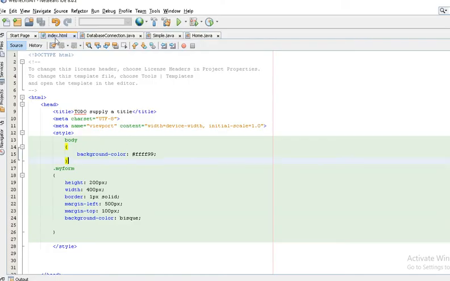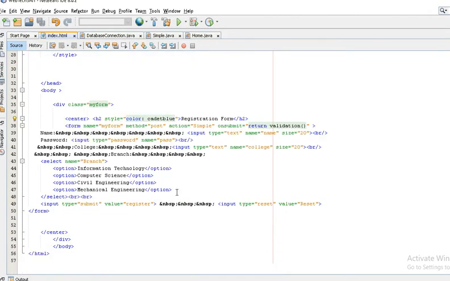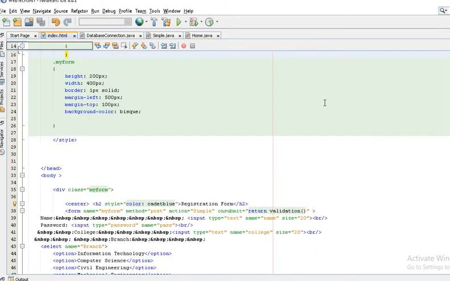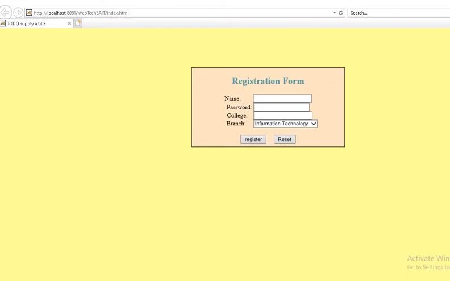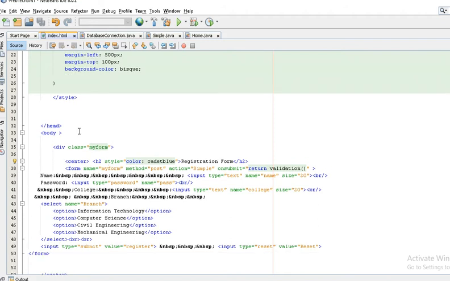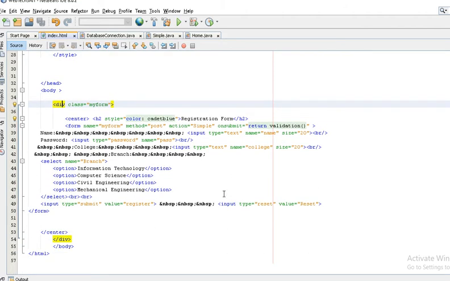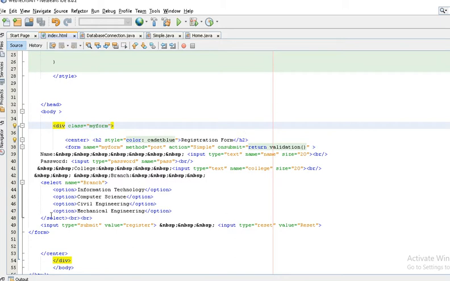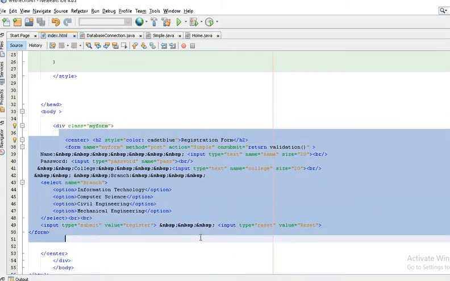This is my index.html page. This is an HTML page. I just created the view of this application using HTML and some CSS for styling this page. I hope you understand the div tag and some parts of HTML.